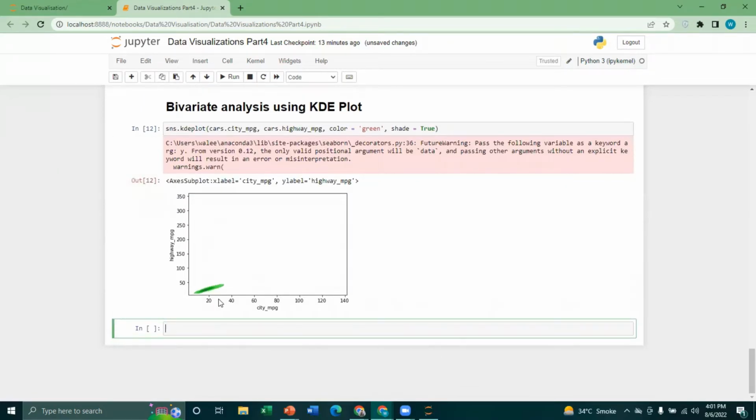Now, as you can see here, if the city MPG is between 10 to 20, then the highway MPG is also between 10 to 30. Now let's move forward. For instance, I want to see the distribution of the density curve between highway MPG and engine horsepower. Then I will say